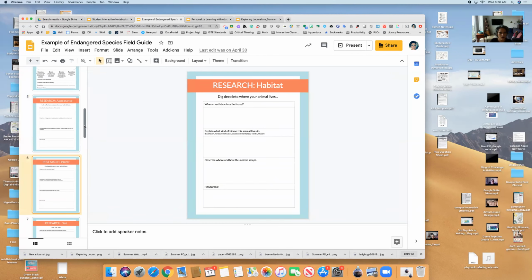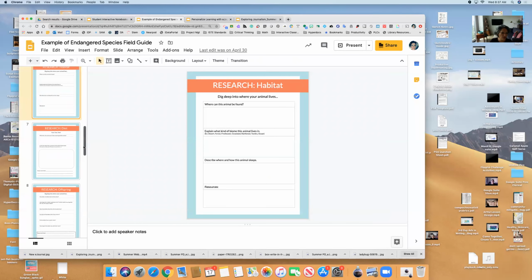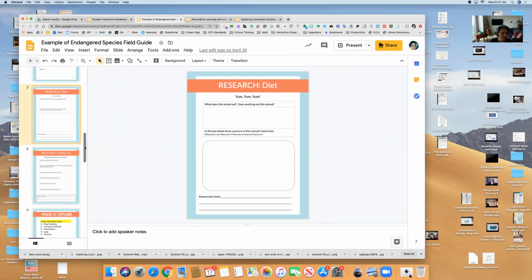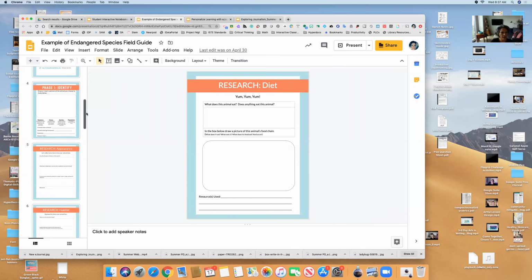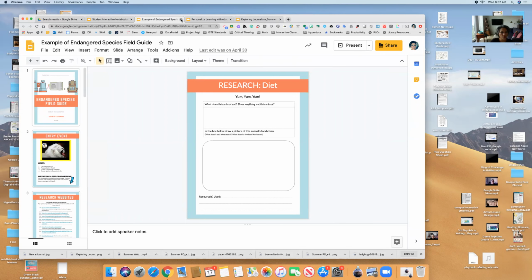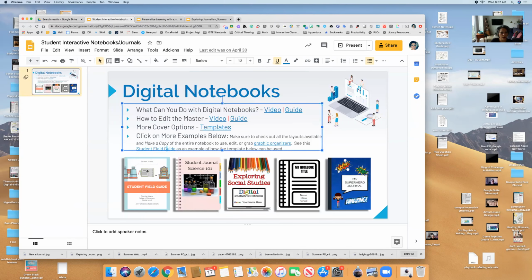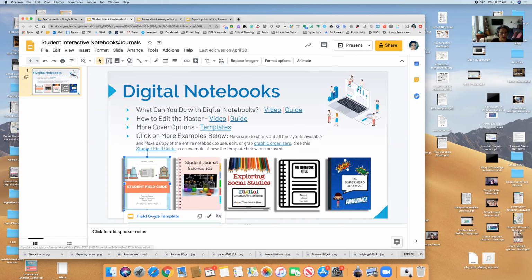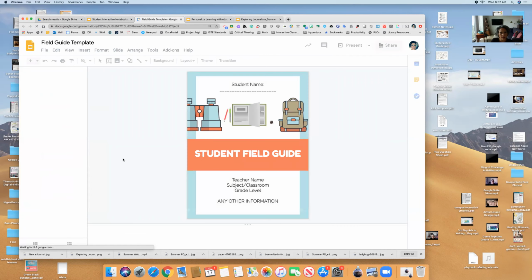So notice how the first one I showed you didn't have any of these. It just had the title at the top and was blank. As you're thinking about creating these notebooks for your students, you can think about creating a template for yourself that you can always have ready with the types of things you do all the time in your class. And then you can go in and create some of these on top of it after you make a copy of your master. So for example, if I know I'm going to do a student field guide for a different topic, I would go back to my master,